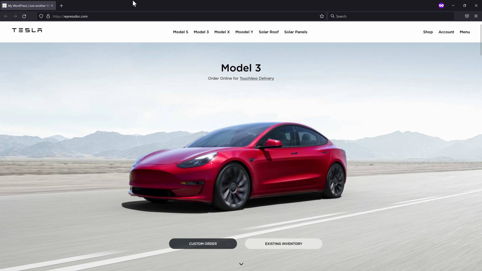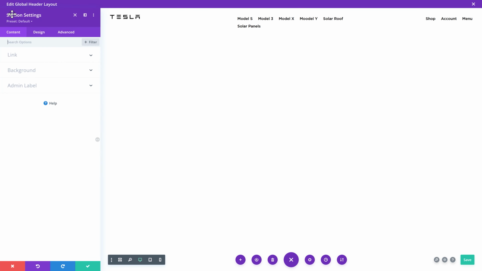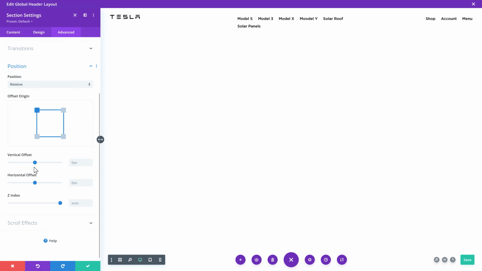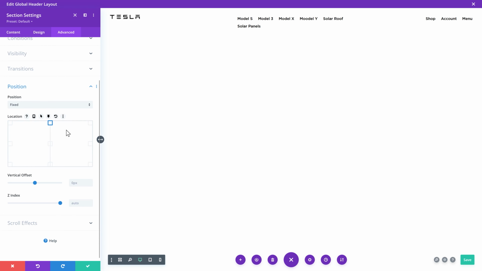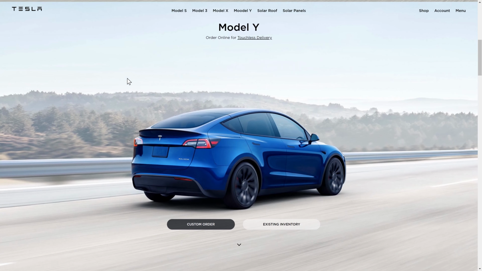It looks pretty nice. So what they actually did is this is on top of the image. How can we create that? Well, that's pretty easy. We can actually go to Advanced, we go to Position. We're gonna give it a fixed position on the top side of the website, like this. Just save it. So when I now look at my own website, this is actually what happens.